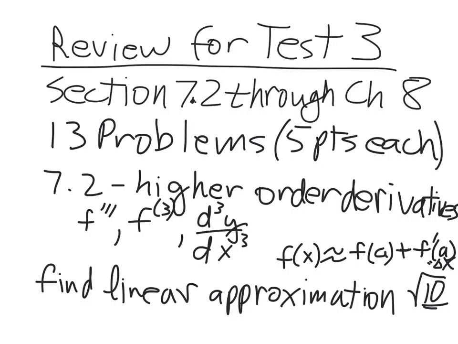So to approximate the square root of 10, we choose a equals 9. And then plus f'(9) times 10 minus 9. Then your delta x will end up equaling 1. And let's see, it'd be